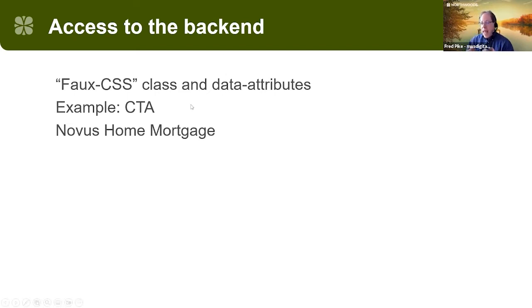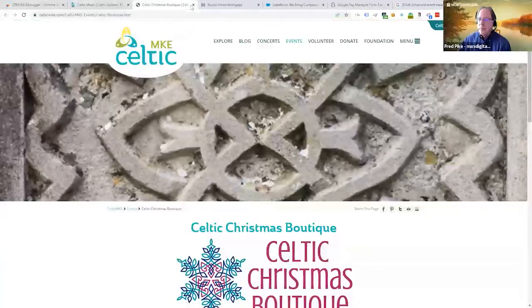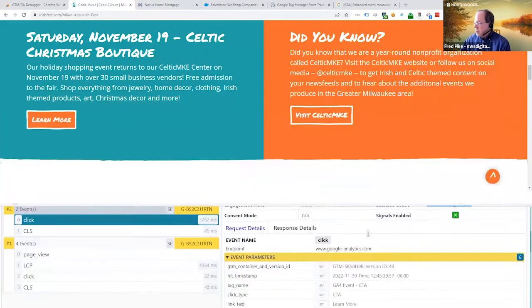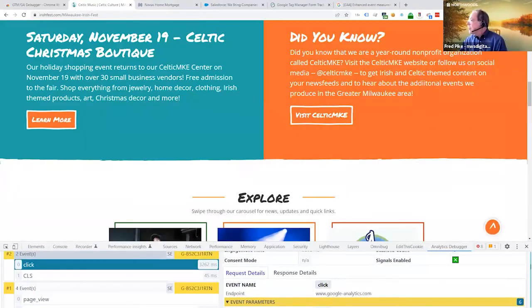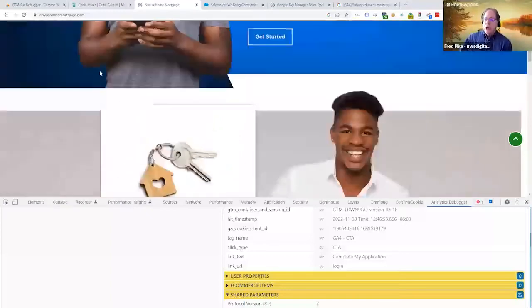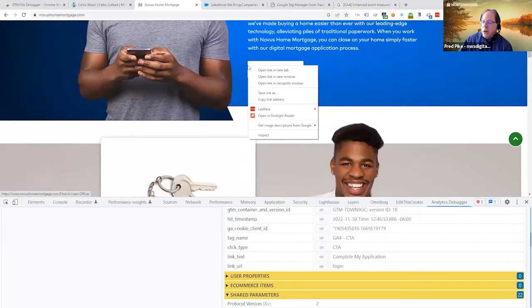Now we have access to the backend, so maybe we can track things a little bit better or a little bit deeper. So let's go back to our site over here. Actually, we can close this one. And bring that down a bit. Let's see, I want to see if there is, okay. So here we have Novus Home Mortgage, a mortgage company. If we inspect here,